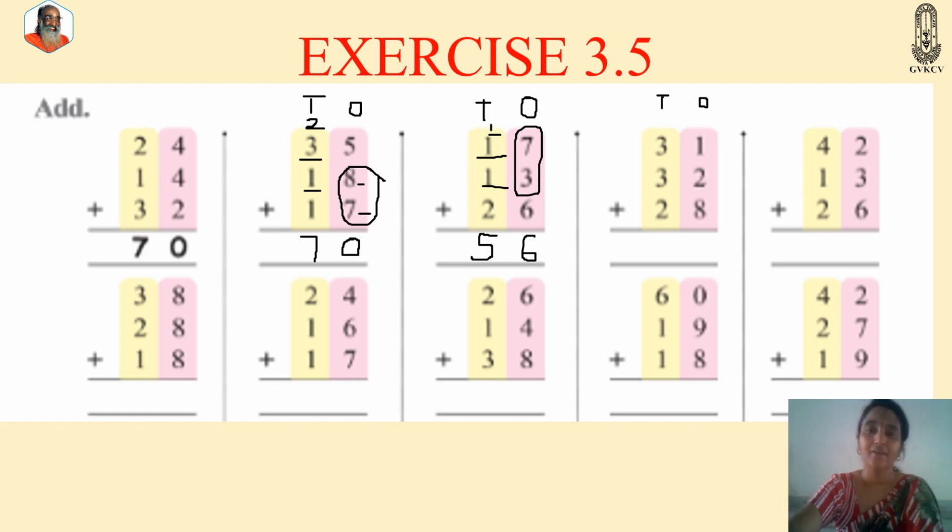Now add this. What are the numbers under ones? 1, 2 and 8. Now see, can you regroup any numbers to make 10? 8 is the larger, right? Friend of 8 is 2, no? So 8 plus 2 is 10. 10 plus 1 is 11. So 1 here and 1 is carried on top of tens.